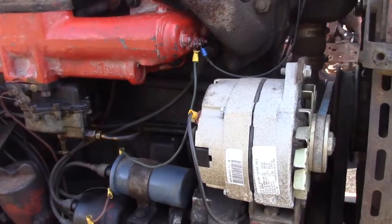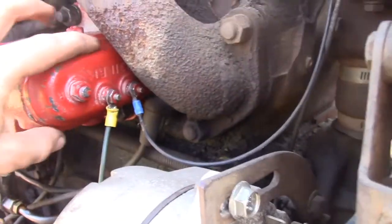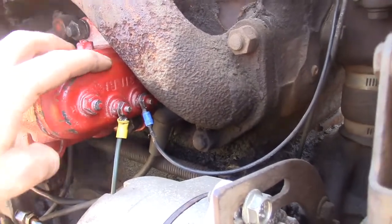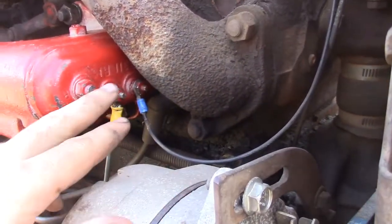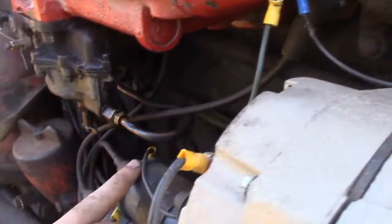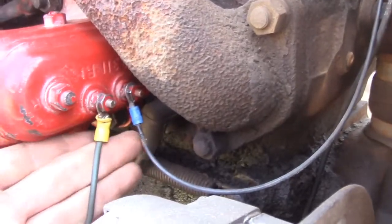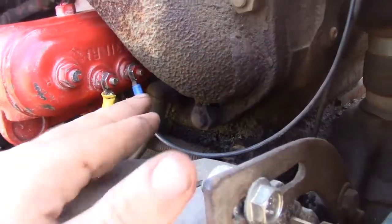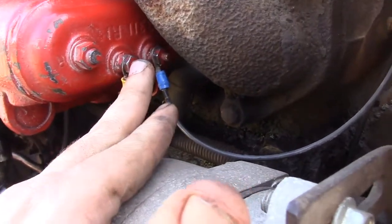As I've covered previously, one of the trouble spots that I've found is underneath this cover on the front of the intake manifold, a contactor disc. Sometimes these post connections go bad or that disc goes bad and it does not make contact. So if you do not have voltage to your coil from your switch, check these two wires here. And if they are not passing voltage from this post to this post when it is in the gas side,